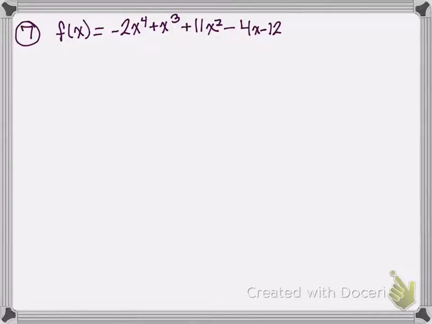And when we do that, we look at our negative 2x to the fourth. A couple of different things that this leading term tells us, it's called the leading terms test, is that the ends of the graph are going to be going in the same direction, as well as it's going to look similar to a parabola. Now this is to the fourth power, so it's not going to look exactly like a parabola, but it is going to either be going